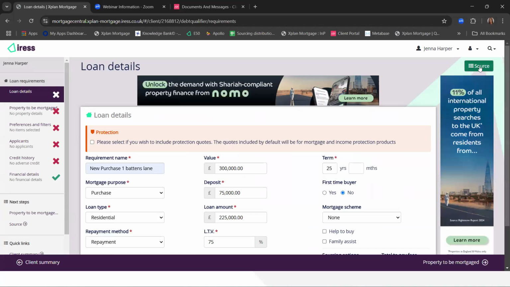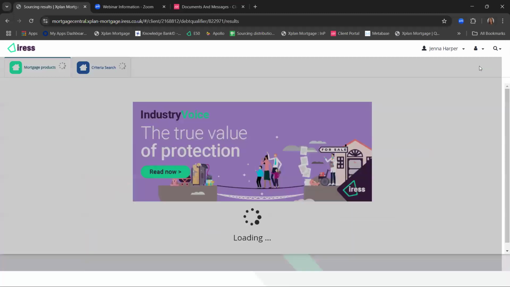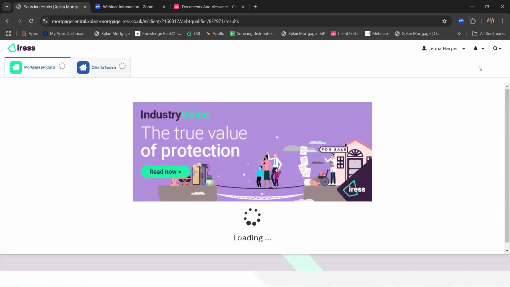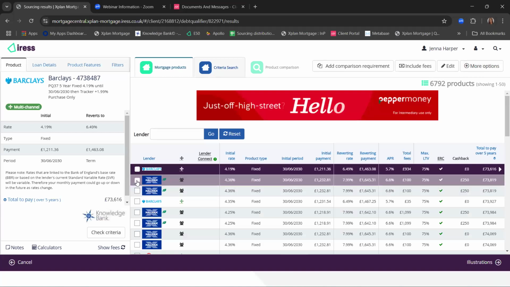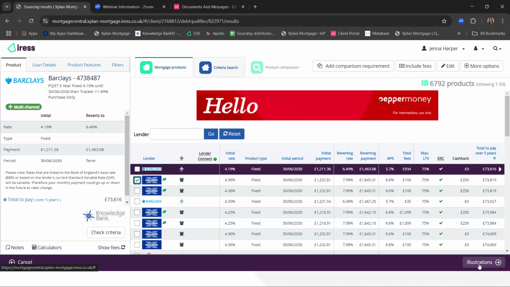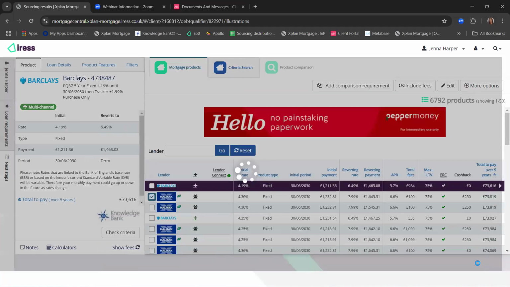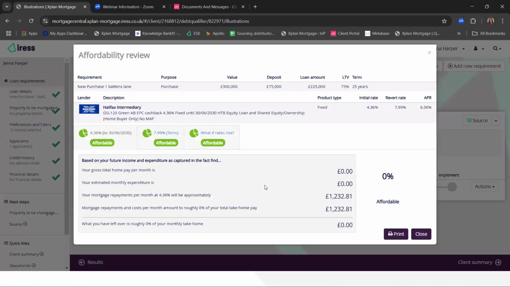So I'm just going to go on to source for this mortgage, and it will then bring me to my results. So I'm just going to select a product for the purpose of what I'm looking at today. So I'm just going to select the Halifax one, and I'm just going to go to the illustration section. And it will then bring me to this timeline. So if I go on to affordability review,